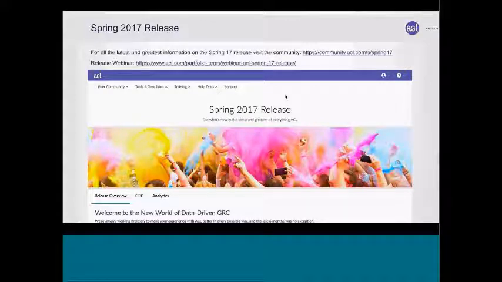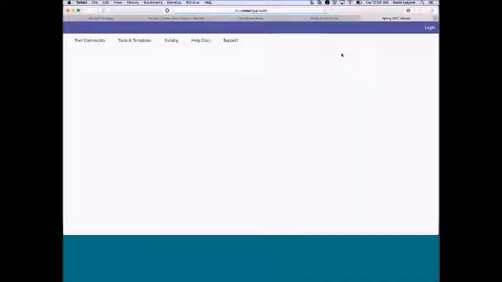First up, there were quite a few questions around, can I just have one page with everything that came out in the spring release? I want an overview. How do I share this with my user groups, etc.? So I have 2 links for you here in the presentation. I believe we'll be sharing this presentation with you afterwards, so you'll be able to share this with your user groups. The first one I'm going to click on takes you to ACL Communities,